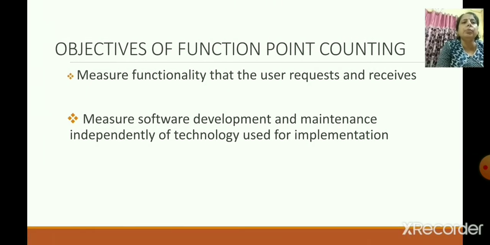Objective of function point counting: measure the functionality that the user requests and receives, and measure software development and maintenance independently of the technology used for implementation.